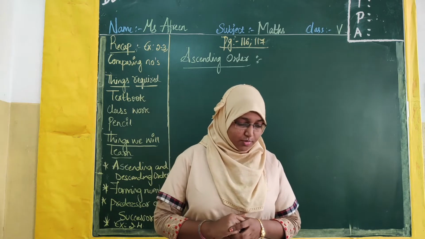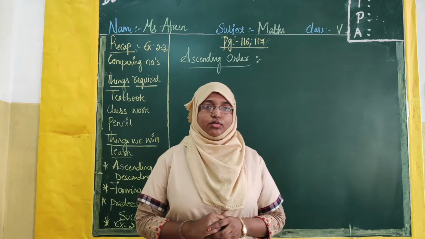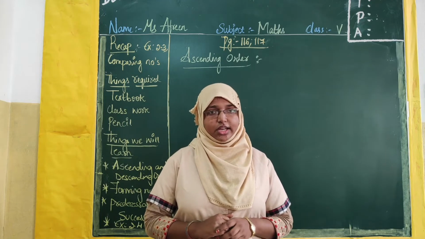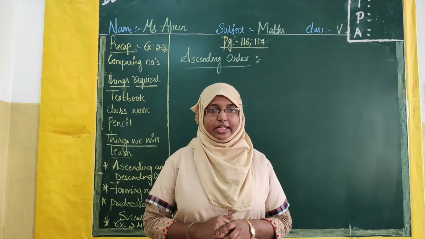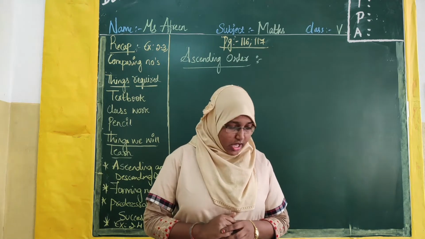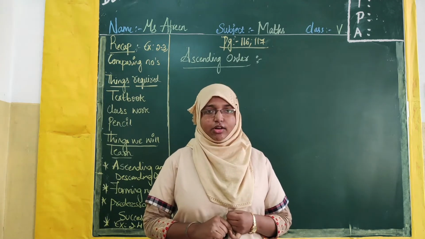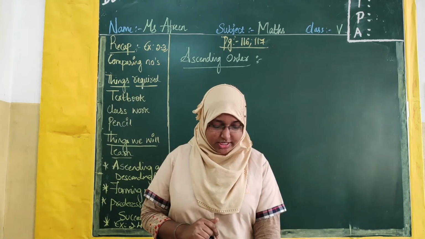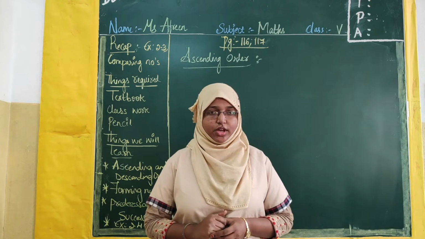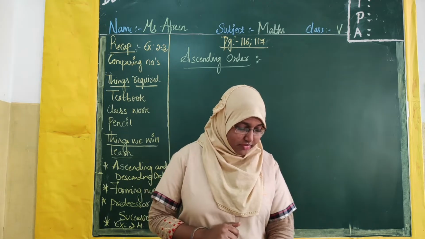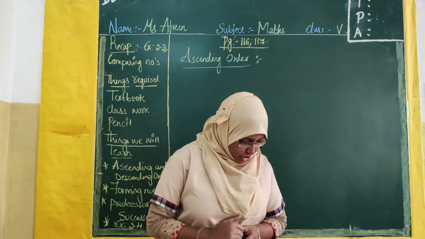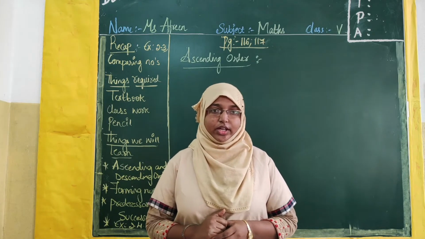Before now, let us move to our class. In the previous class, we completed our exercise 2.3 and comparing numbers, that is less than, greater than, and equal to. Today in this session, we are going to start ascending order, descending order, and predecessor and successor, and we will definitely try to complete our exercise 2.4. So let us start. I request everyone to open their term book, classwork, and pencil. Open page number 116, 116.